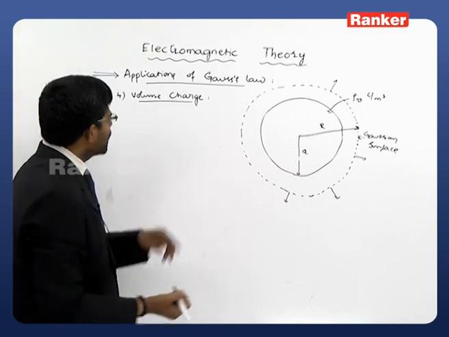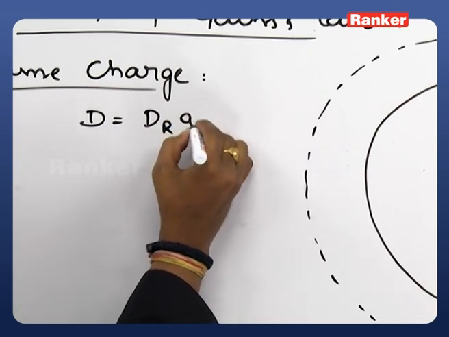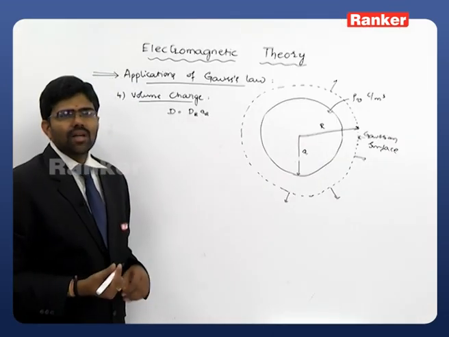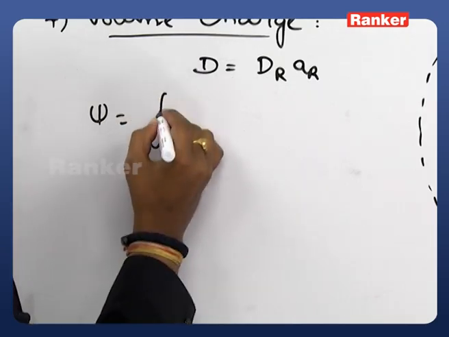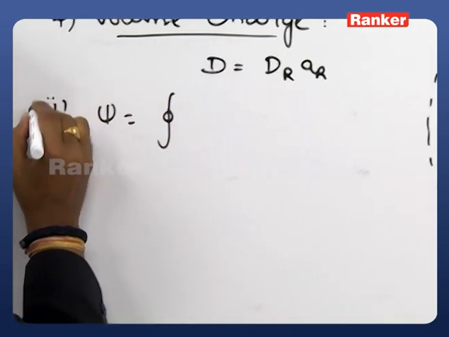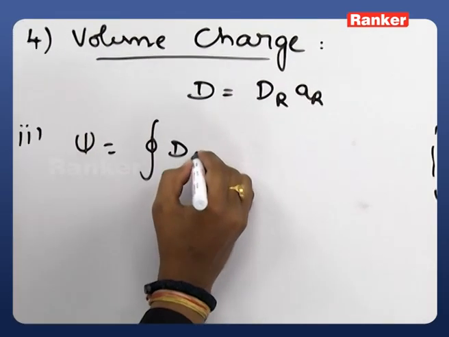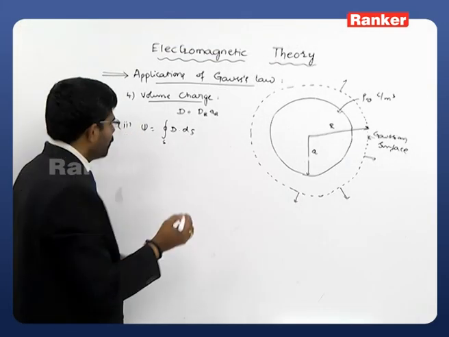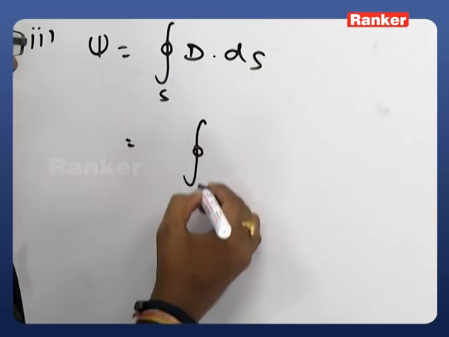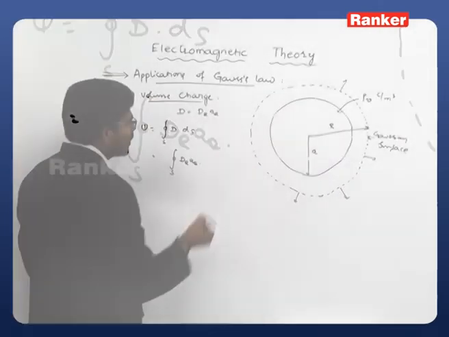So don't go for any other equations. Once again, take this D as just D_r in the direction of radius, D_r a_r. So what is the total flux leaving? Psi is equal to, so this is our second step, psi is equal to a closed surface integral of D dot dS. Which is equal to the closed surface integral of, instead of D, write down this D_r a_r dot,